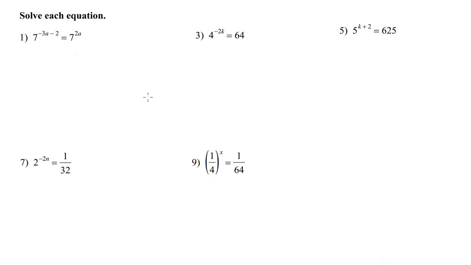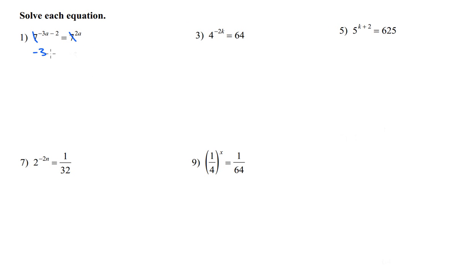I'm going to take you through some of the problems on the 24-1 worksheet. All right, solve each equation. The main goal on this whole worksheet is to try to get these base numbers the same. Once these base numbers are the same, we can cross those base numbers out and solve for whatever we